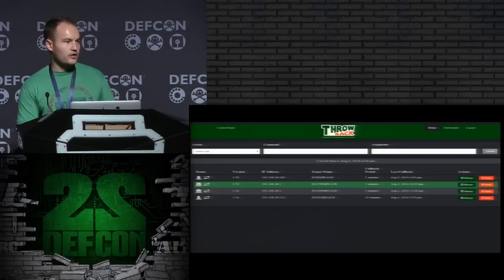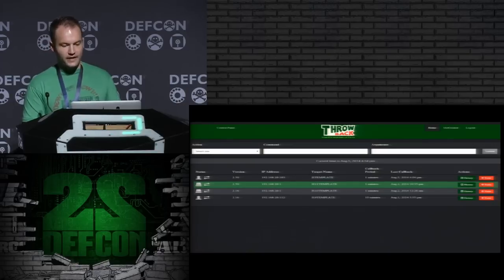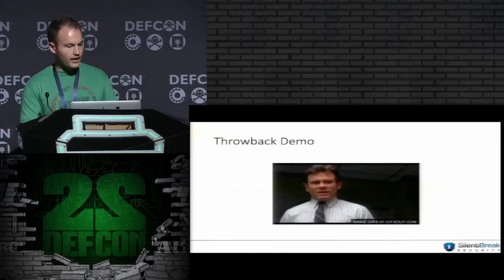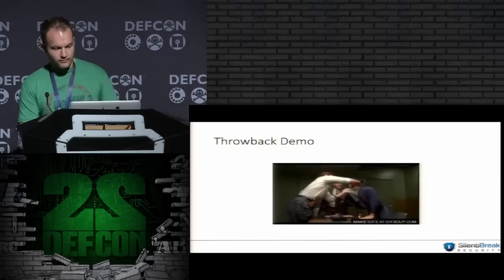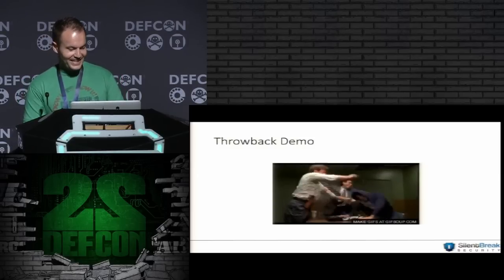That's changeable. When a target calls back, you can say, hey, I want you to now call back every 4 hours. If you're not going to be doing interactive operations for a while, you can change that and modify it. So that's the interface. Again, we'll be doing a demo right now, actually, on how to do it. And hopefully I don't feel like doing this to somebody by the end of it.